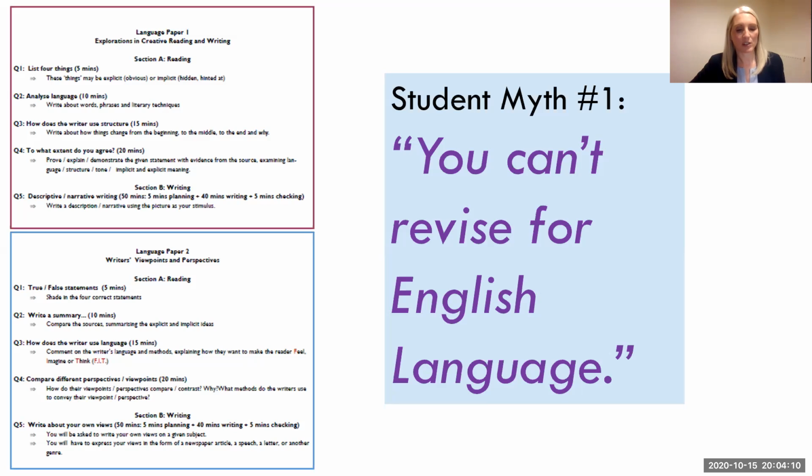So yeah, you can't revise for the unseen text, because you'll never know what they're going to be until you get into the exam. But the bit you can revise for, and students absolutely must revise, is understanding the questions, understanding the mark scheme, understanding the skills that are being tested, and how to develop those skills. And that's a process that we're starting at the moment, and that will run through as we move through the